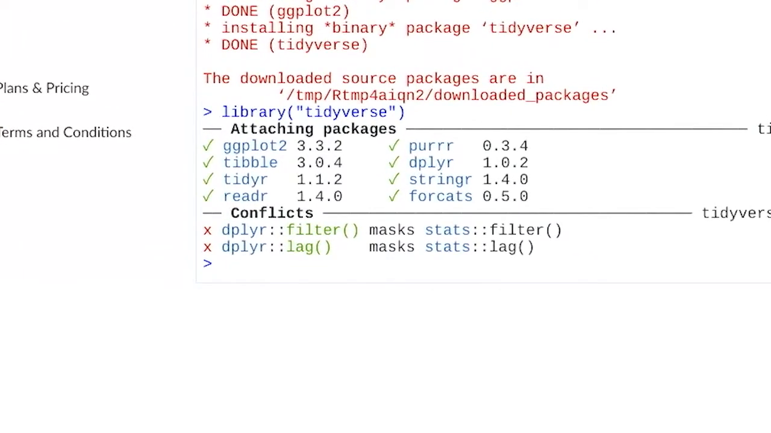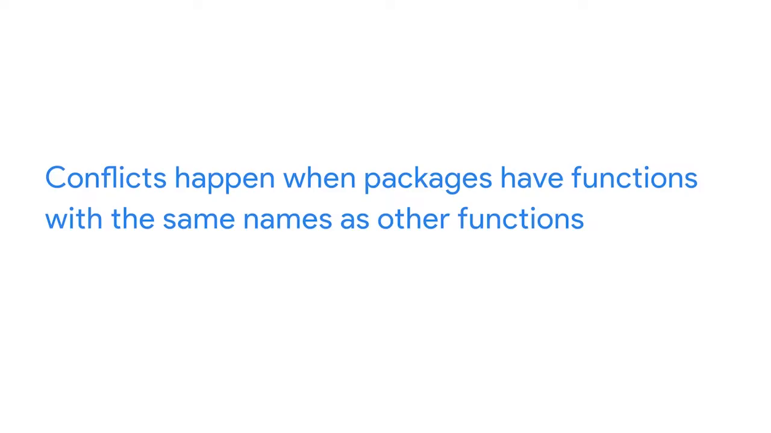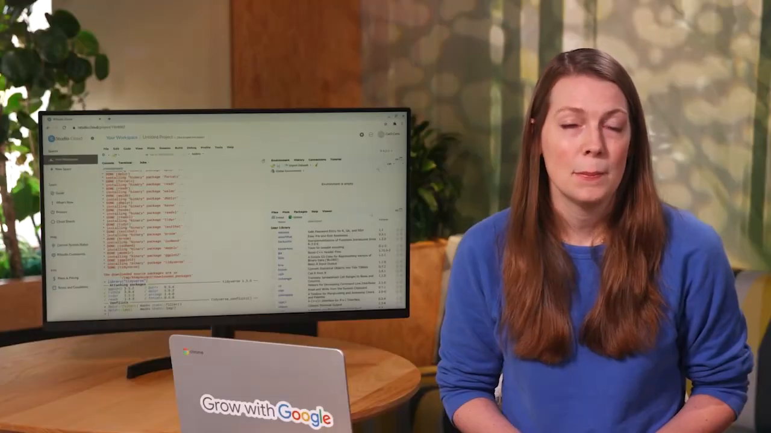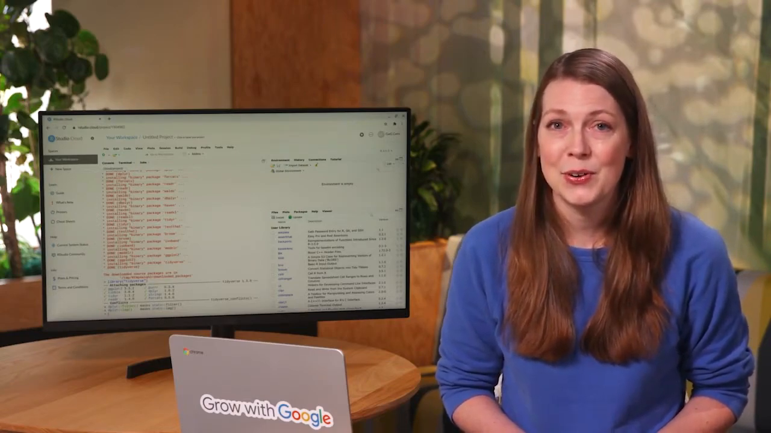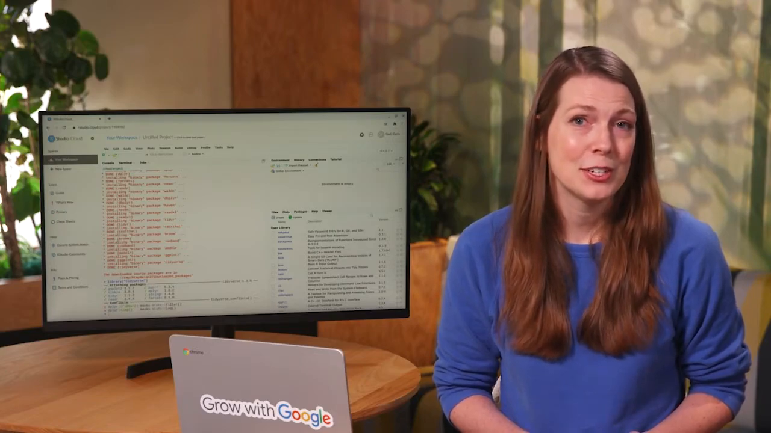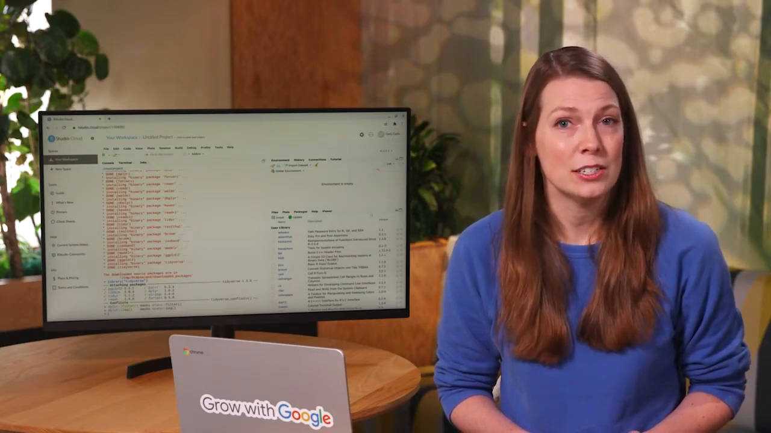The return shows that not only was Tidyverse loaded, but 8 other packages were too. It also shows a list of conflicts. Conflicts happen when packages have functions with the same names as other functions. Basically, the last package loaded is the one whose functions will be used, so we'll stick with the Tidyverse functions. But it's important to note that these messages only appear once. So as you get more used to R, you'll be able to figure out if you want to use certain